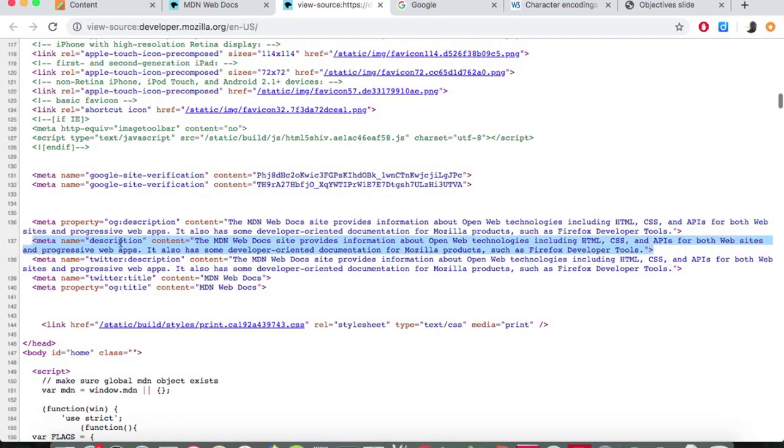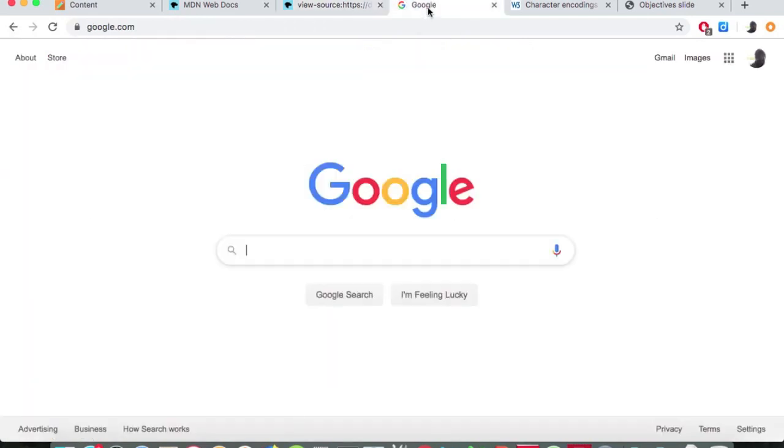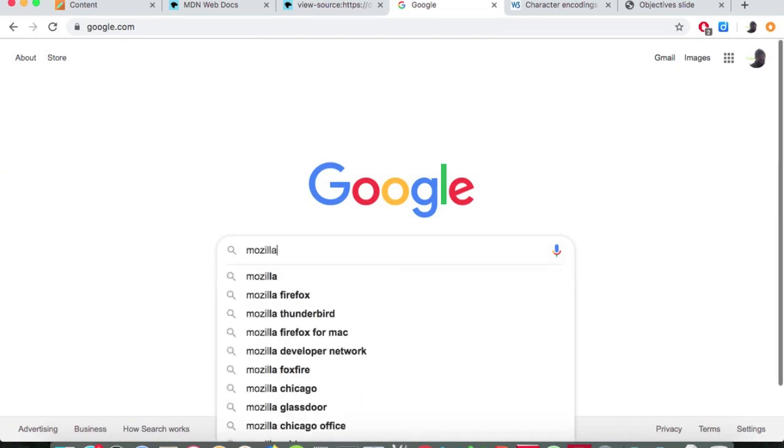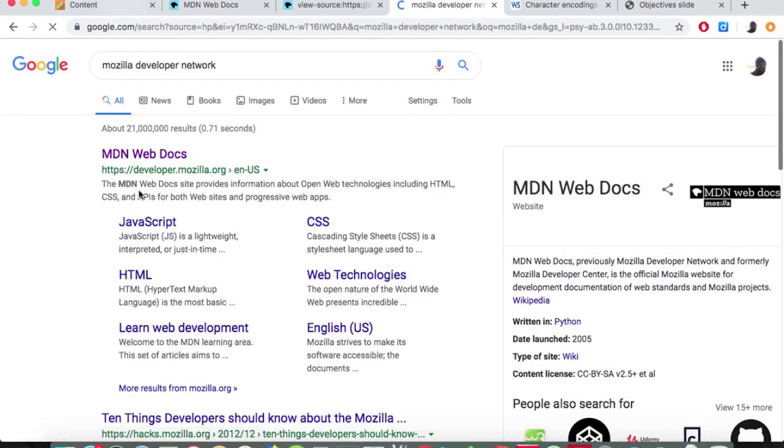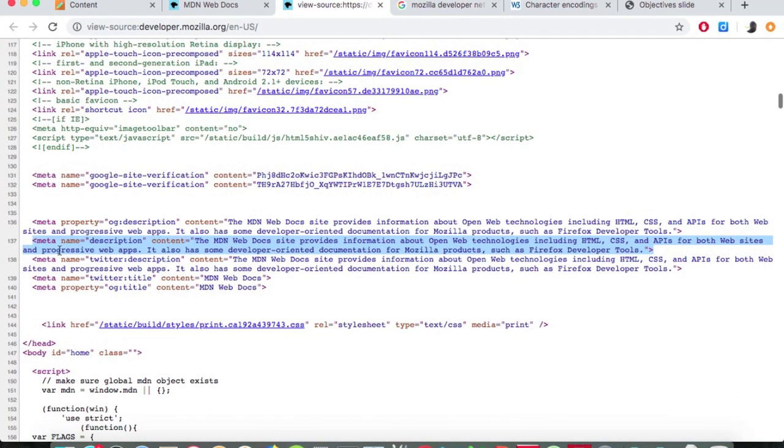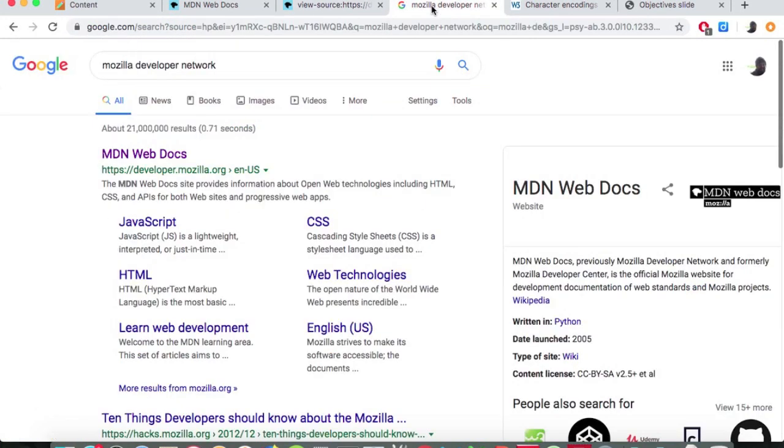And again, this is more than just for the purposes of documenting your content. This works for people who need a description of the page, but it's especially useful for search engines. So if I search Mozilla Developer Network, yep, you'll notice that the description in the meta element on their web page corresponds with the description here on the